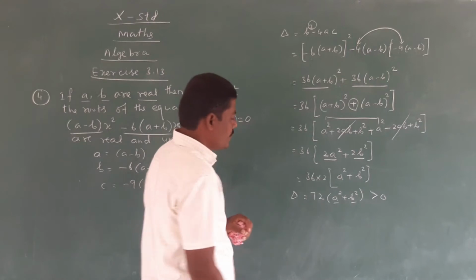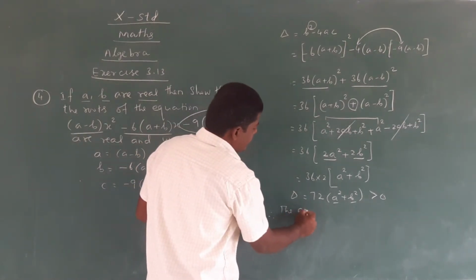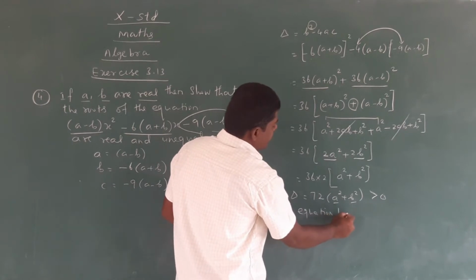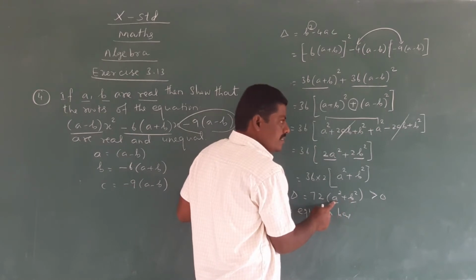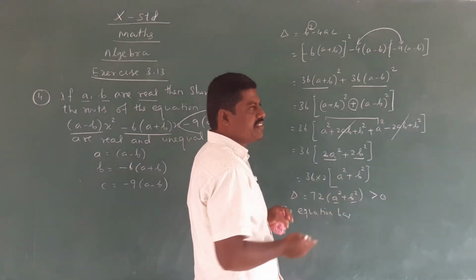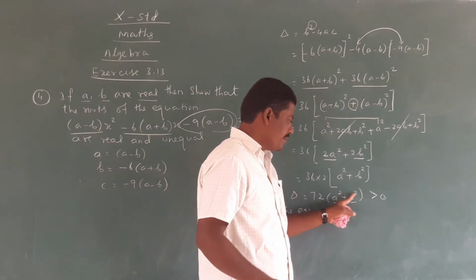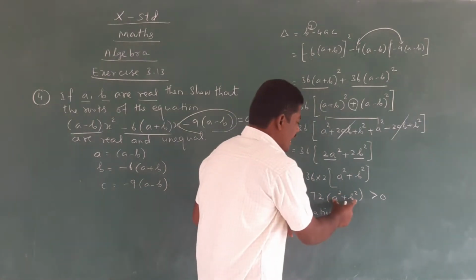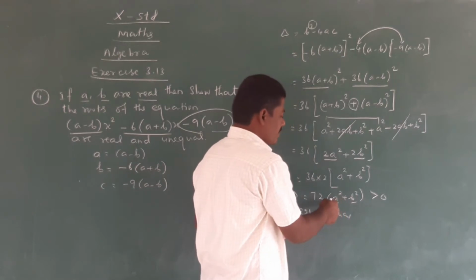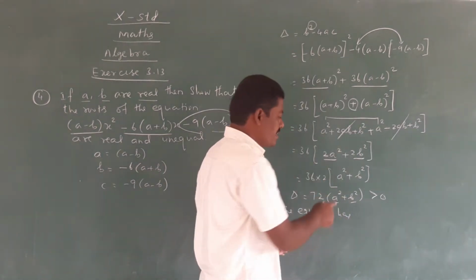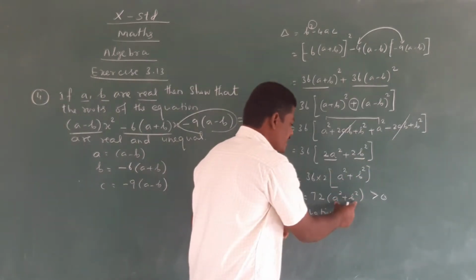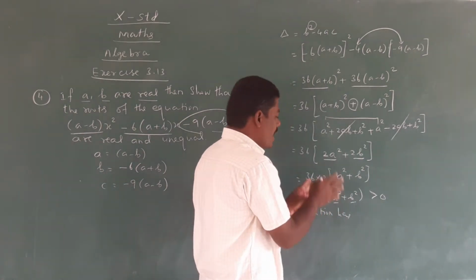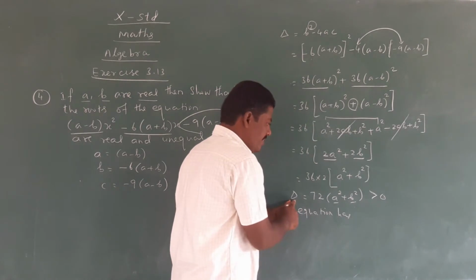Understand? Delta is greater than 0. Therefore, the equation has... take any value of a and b: minus a, minus 1, plus 1, minus 2, minus 2, minus 3, plus 3. Any negative or positive values, both values negative, squaring means we get positive. So adding means we get positive values inside. For any value of a and b we get a positive value because a has a square and b also has a square. So positive value multiplied with positive we get a positive value, which is greater than 0. So the value of delta is greater than 0.